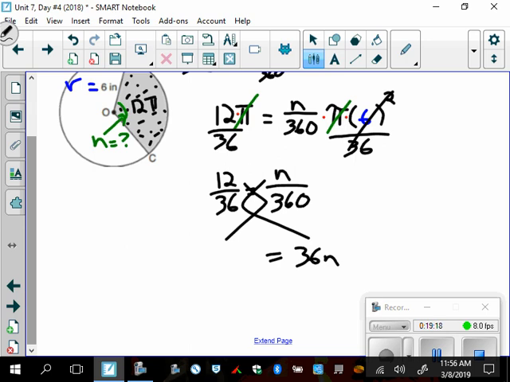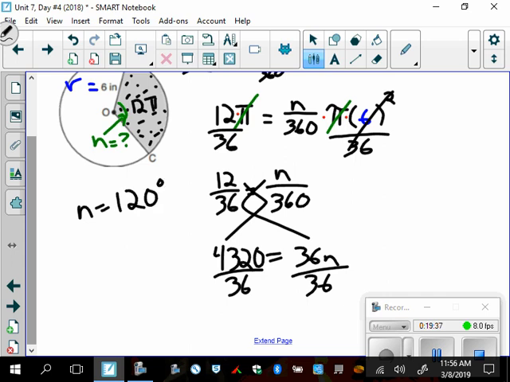36n, help me with 12 times 360. Anyone? Anyone? Bueller? And I divide that by 36. And my central angle is 120 degrees. Okay,